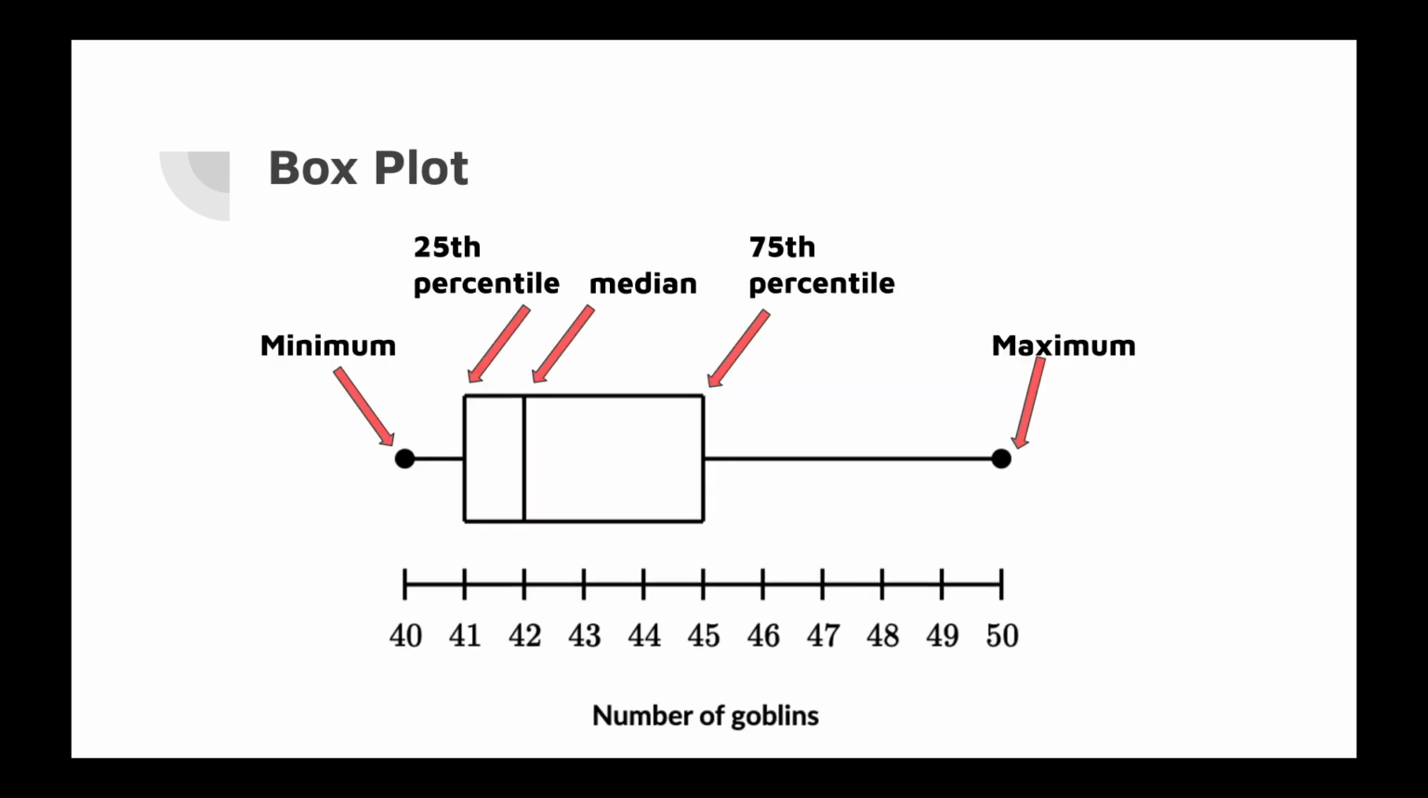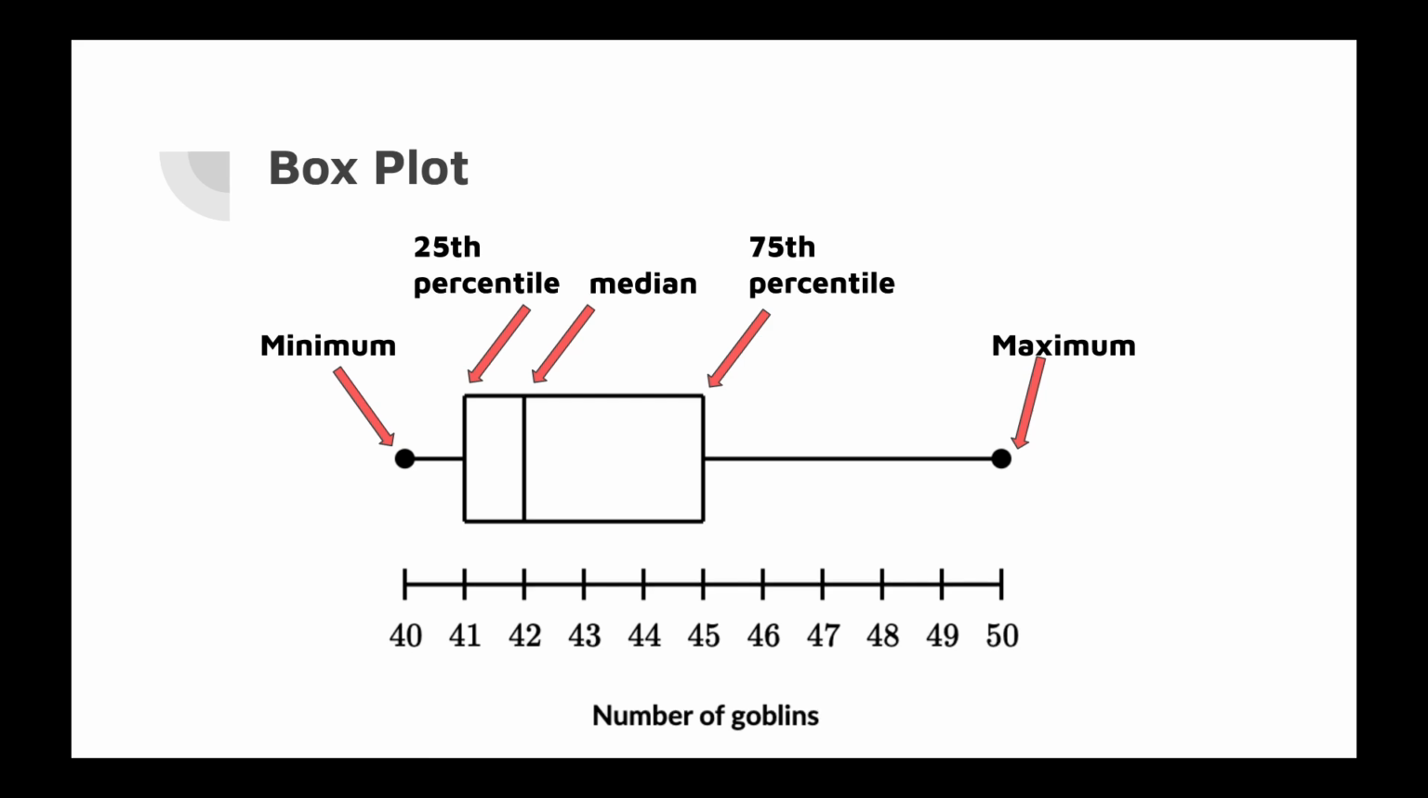And here's the thing called box plot. Box plot is also one of the data visualizations that explains the one-way variable. Wait, actually two-way variable, because it also explains the frequency of certain data. So here we have a number of goblins, and we have some important elements that form the